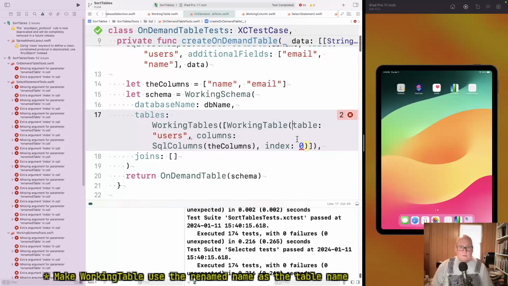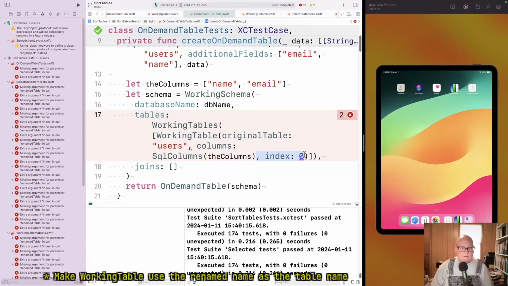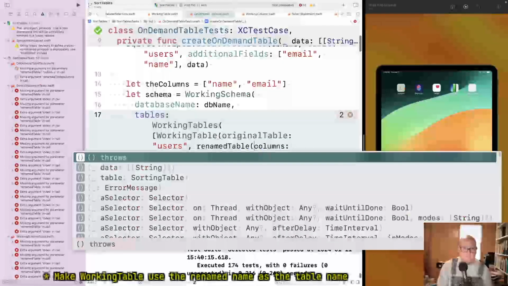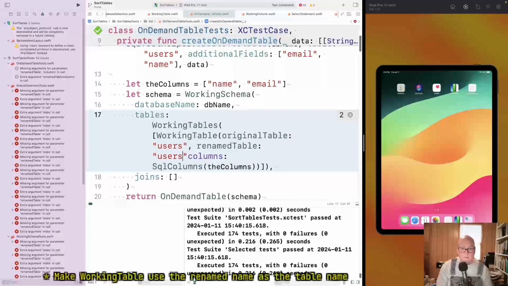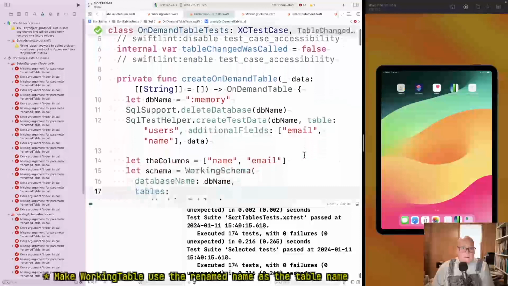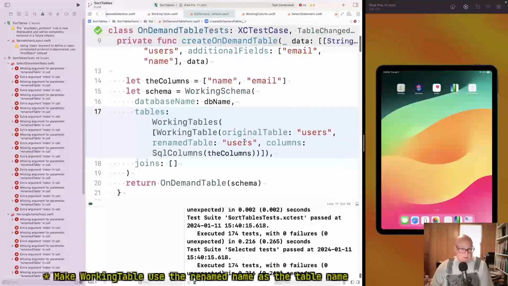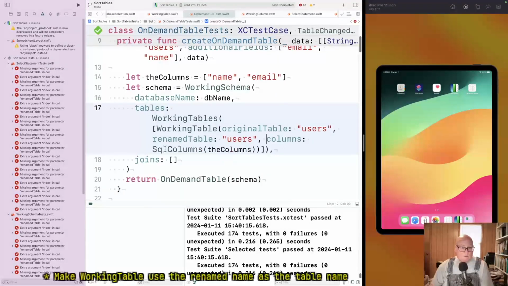This is original table is users, index 0. I don't believe this one's doing a rename. Okay, we're doing an in-memory test. So this is not really a unit test per se, but I'm moving it to